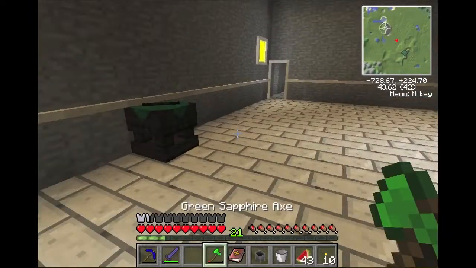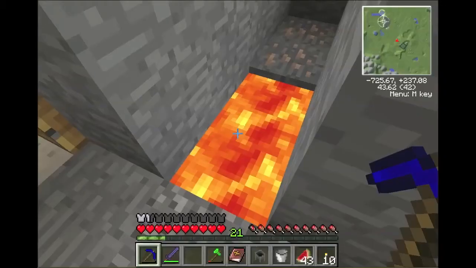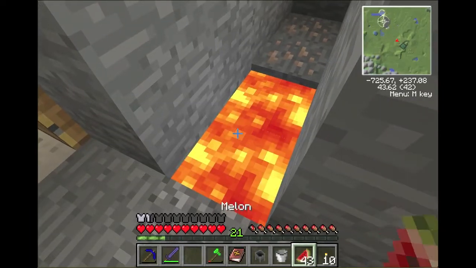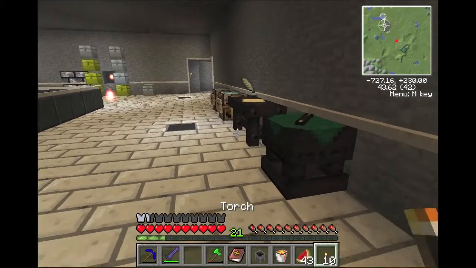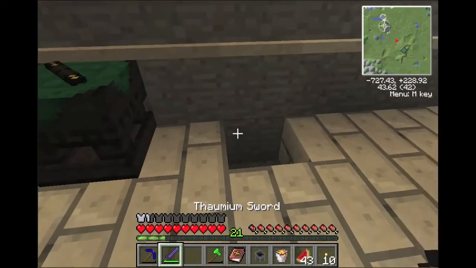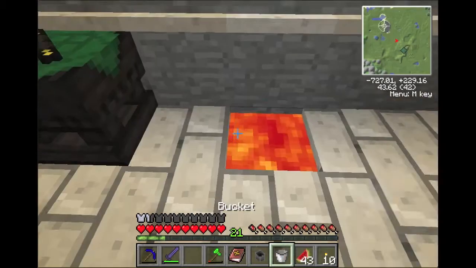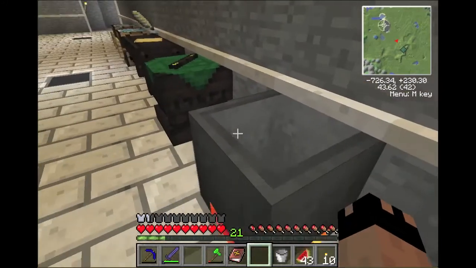They're pretty sweet. Before you put down your cauldron and click it, we're gonna run over here and pick up some lava. Got a bucket of lava sitting over there waiting for me. Let's put that right here. Yeah, it's fine. We're going to put the lava underneath it. It needs a constant source of heat. Put that on top, and then